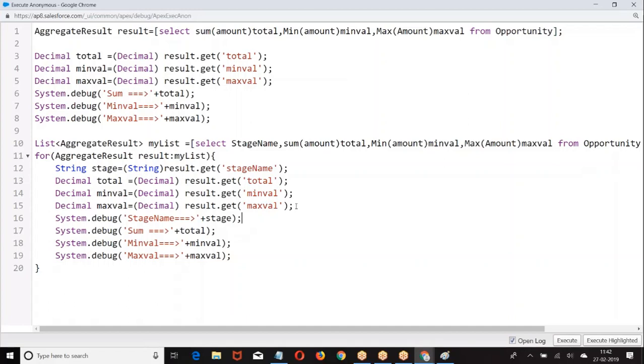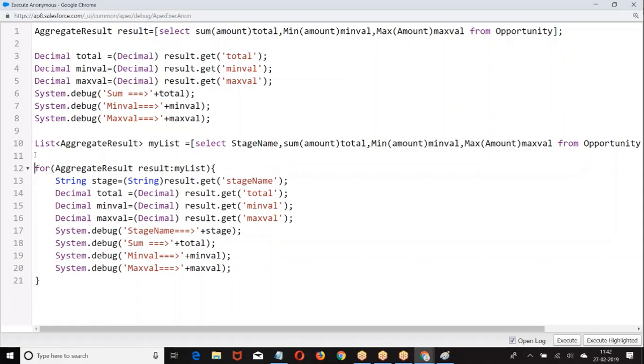Satish, it should be mylist.get, right? Here mylist is a group of records, right? You are supposed to take one by one record. When you have a list, what is the purpose of writing this loop? You have a group of aggregate results. Take one by one aggregate result. From that aggregate result, we are getting the stage name, total, min, max. We cannot take the value from the list directly. We have to take one by one value from the list, then we have to create it. Yeah, thanks. Statements 10 to 20. Look at the code. Anybody has any query on the statement? Let me know.